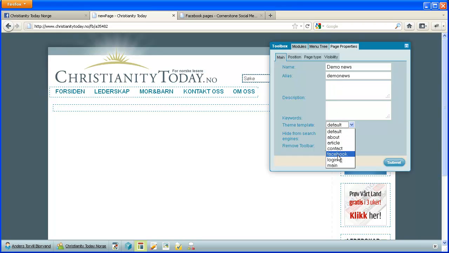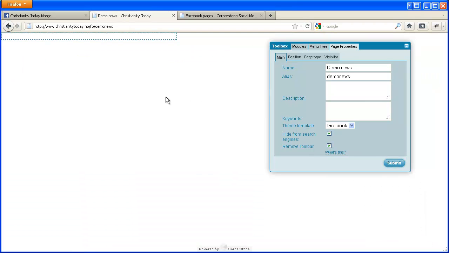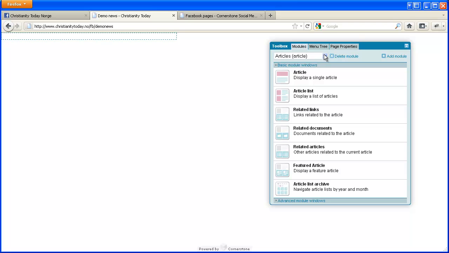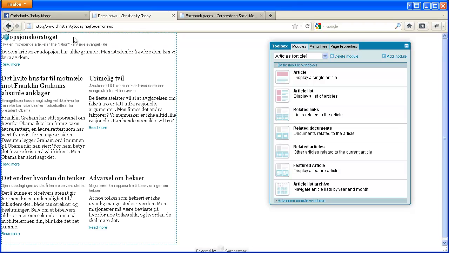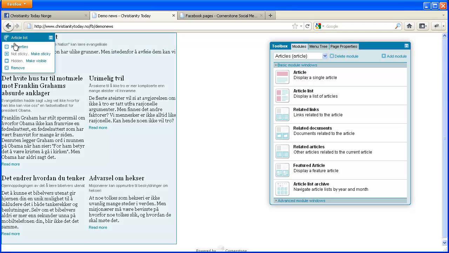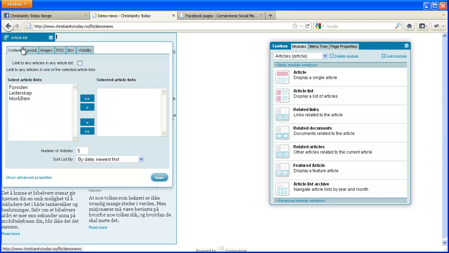And the Facebook theme template, I hide it from search engines and I remove the toolbar. And we see the theme template with a narrow, no margins, Facebook adjusted zone here. And I go to modules and I have the article module chosen here. And I take the module window that shows an article list. Here. To make it look better, and to make it visible at all, I go to visible, I go to properties,